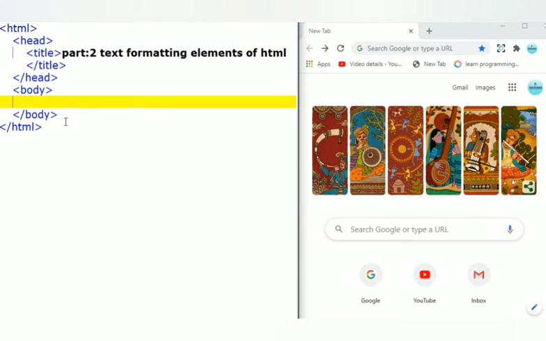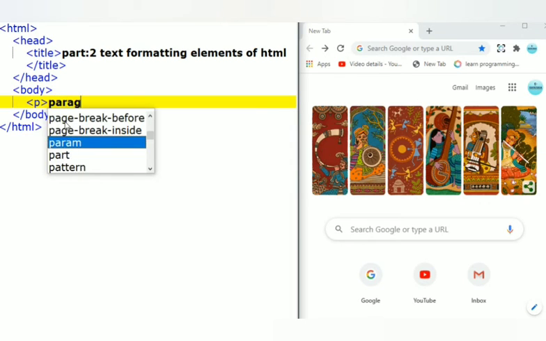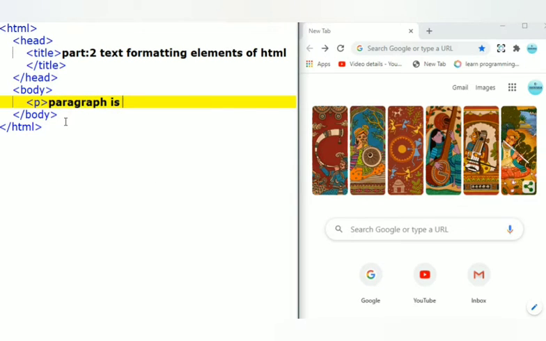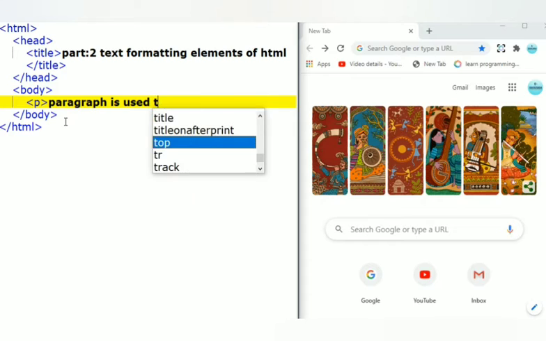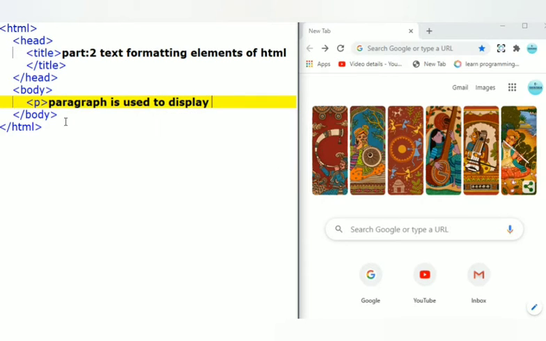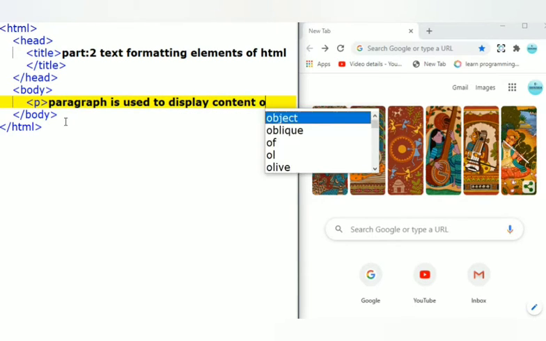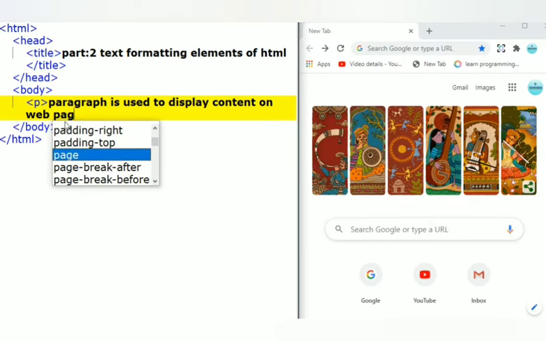First, we will start with the P tag. I'm writing P here. Whatever content you want to display on a web page, you can write within this P tag. Paragraph tag is used to display content on a web page.